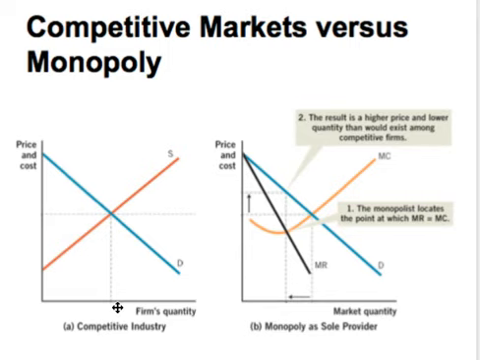Now, the difference between this competitive market and a monopolist or a monopolistic market is that price and quantity aren't dictated by where the supply curve or marginal cost curve intersects with demand. Instead, quantity is dictated by where the marginal revenue curve intersects with the supply curve, also known as the marginal cost curve here. This would be the monopolist quantity, and price would be up here where that quantity intersects with